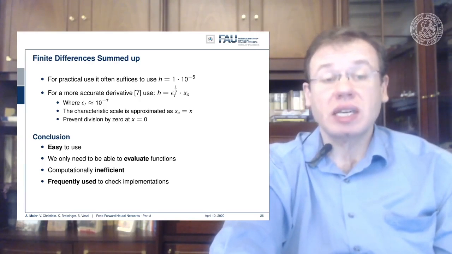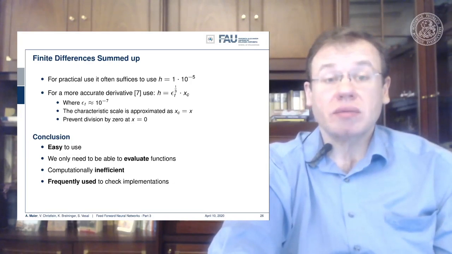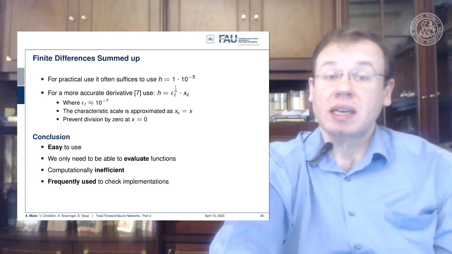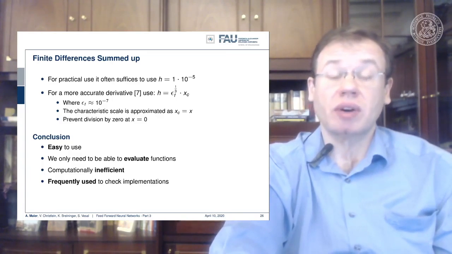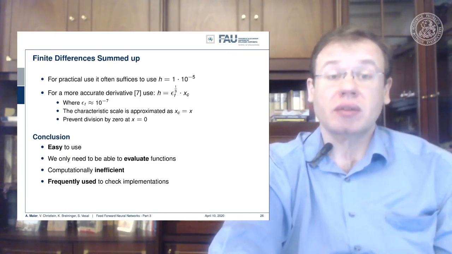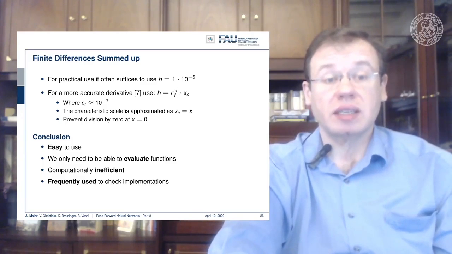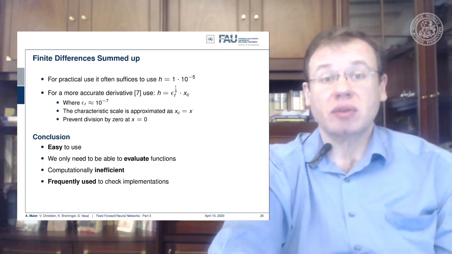We see that this is really easy to use. We can evaluate this on any function. We don't need to know the formal definition, but of course it's computationally very inefficient. Imagine you want to determine the gradient, that is the set of all partial derivatives of a function that has a dimension of 100. This means that you have to evaluate the function 101 times in order to compute this entire gradient. So this may not be such a great choice for general optimization because it may become very inefficient,